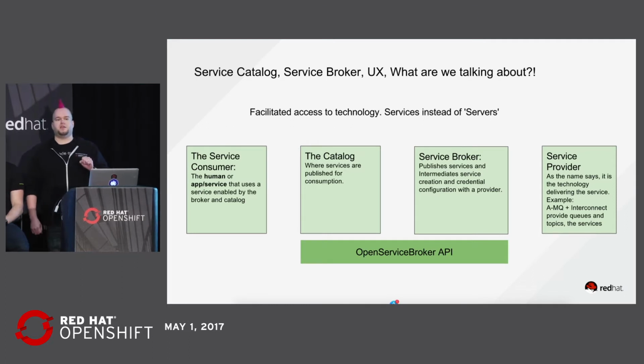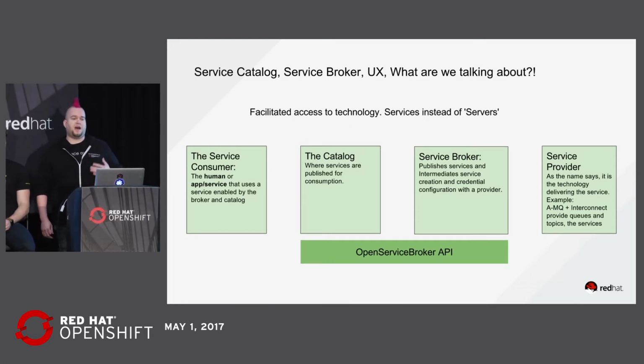The catalog is where you go to find which services you have access to and to provision new instances of those services and bind to them in your applications. Service broker is a component that manages a set of capabilities. So the catalog presents the services that are provided by n different brokers that your cluster operator has added into the catalog. And the bridge between the catalog and those service brokers is this Open Service Broker API, which is the